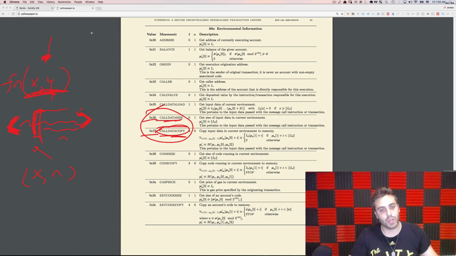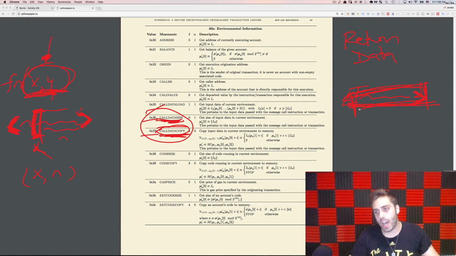But this has worked really well for smart contract developers, not necessarily using the raw opcodes. They use things like Solidity, but they've been able to deal with function parameters. But they haven't really been able to deal with the return data. And the return data behaves very similar to this call data, where you have some sort of buffer of return data, and you might want to copy it onto the stack to do things with it. So you need to know how big it is, right? So you need something like call data size, and you need something like call data copy, so that you can manipulate the return data and do things like error messages.